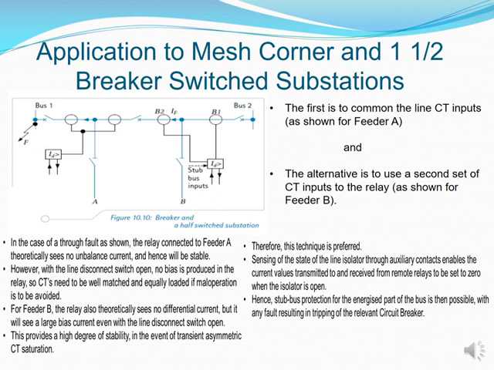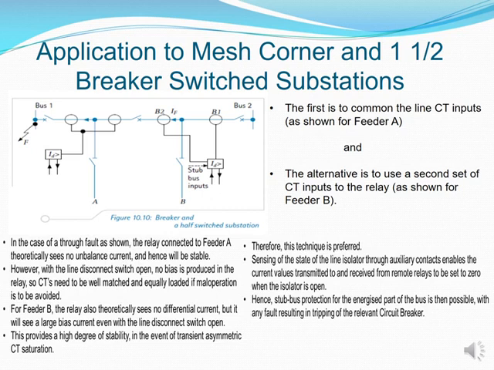Then on your second alternative, instead of connecting the CTs to one another, they take both CTs and connect them as inputs into the relay. So my relay, instead of having one input coming in, will have two coming in. So in the case of a through fault,